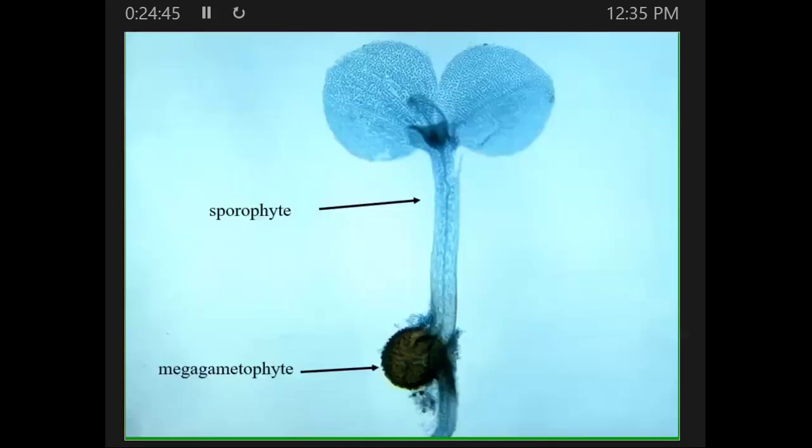They're not bisexual. And so here you see a megagametophyte and the sporophyte that's starting to grow from it. So you had to fertilize. So remember now, the megagametophyte, that's where the egg is. The sperm has to get there. The egg's not moving. All right. So if you see that